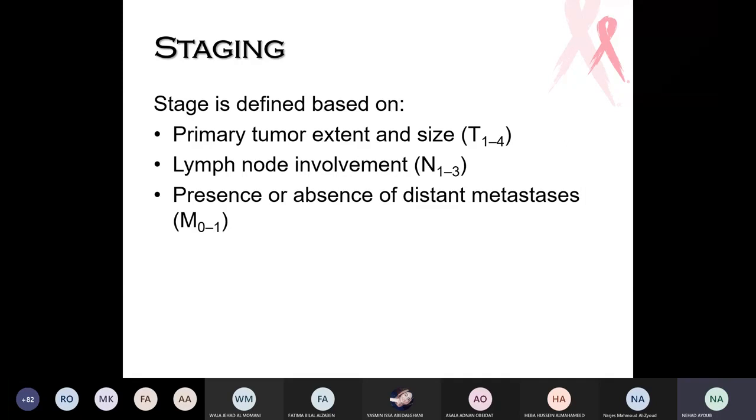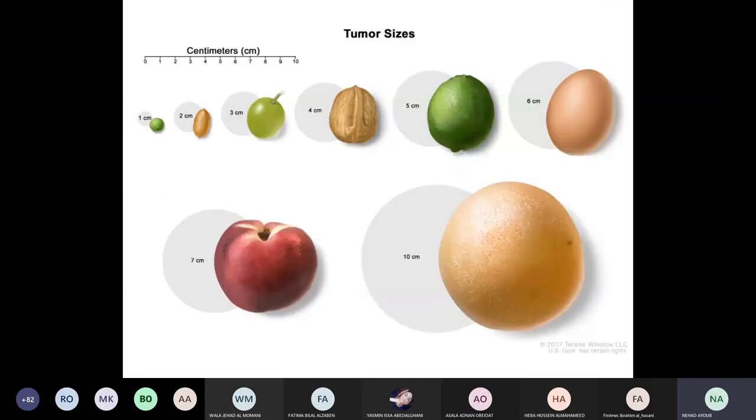Okay? Now, if we rule out metastasis, if this patient does not have metastasis, then we need to give a stage. We have to look at the tumor size. We have to look at lymph node involvement. Okay, the lymph nodes. Do we detect cancer cells inside lymph nodes or not? We have the chest or regional lymph nodes. We have the axillary lymph nodes. And we have to know the tumor size. What is the tumor size? Now, when we talk about the tumor size, there is the tumor size that shows on the mammographic exam,